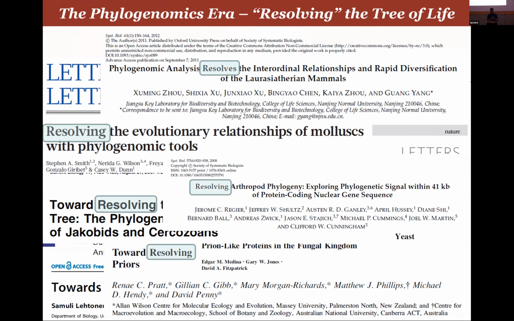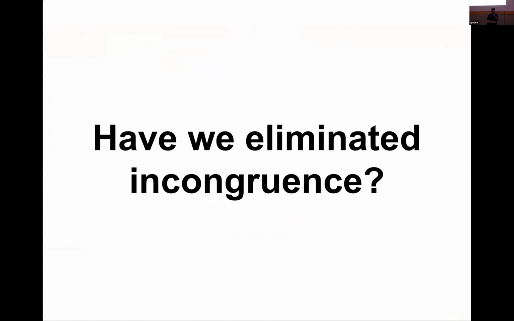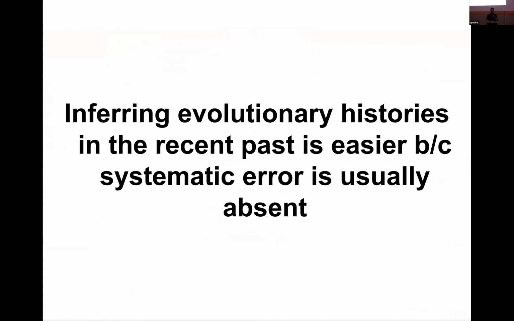And the key word that I want you to remember here is people talk about resolving these branches. But what happened as these studies started coming out is that, have we eliminated incongruence? In fact, we didn't, because we started seeing lots of disagreements. So I want to here separate sort of 2 parts as we look into phylogenetics to inform the history of